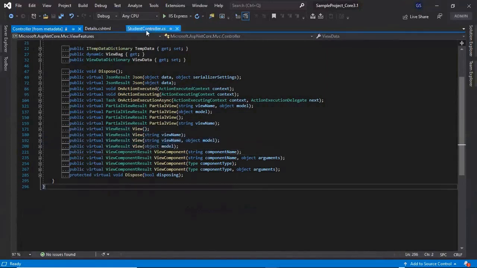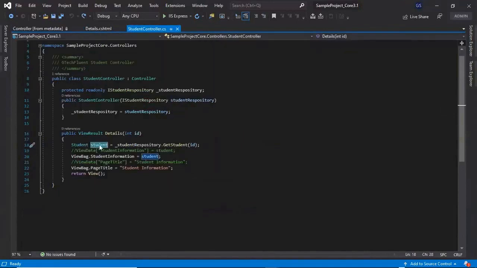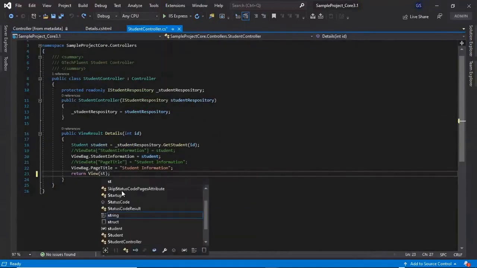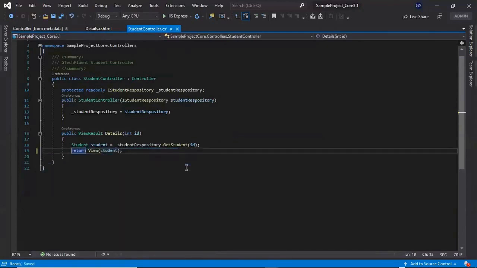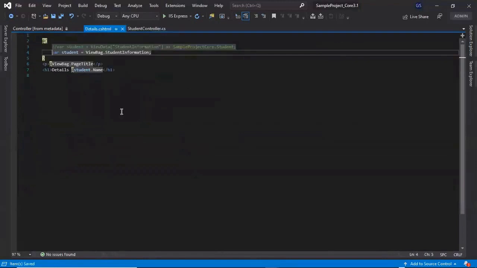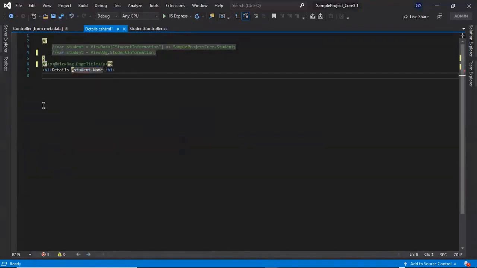So let's make the change in the controller. Let's return the student object to the view by passing the student object into the return View extension method. Let's remove this as we don't require it now. After this change, we need to make a change in the Details view. Let's comment this out as we have removed the logic from the controller. In this case, we already have a view present in our application and we are converting the existing view to a strongly typed view.